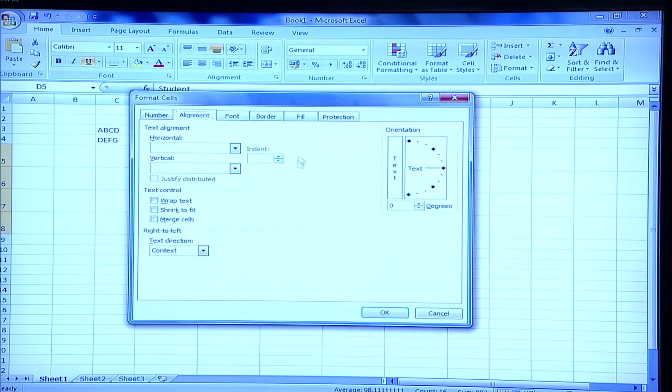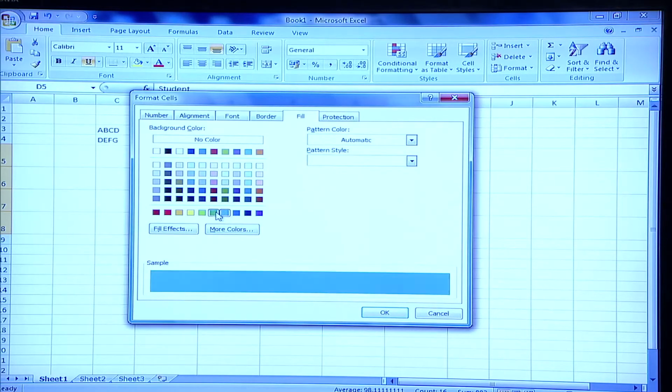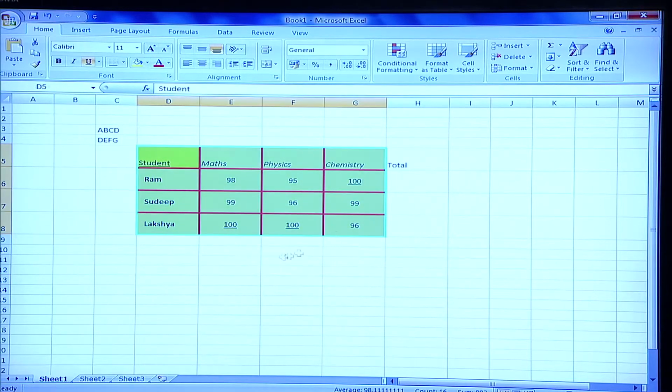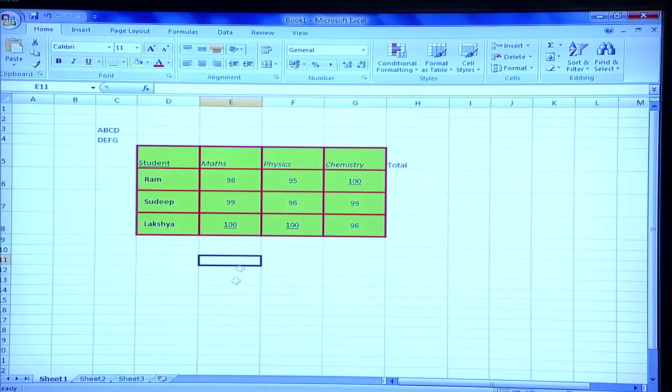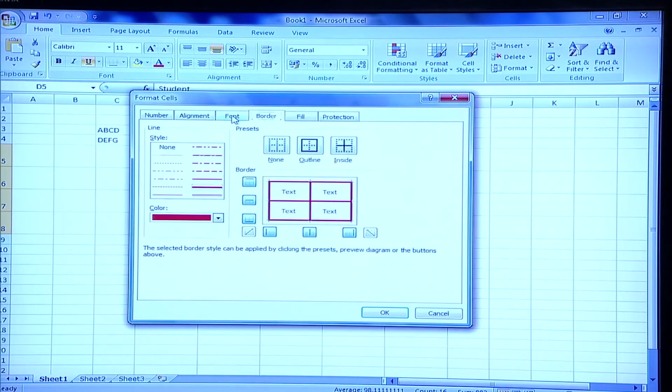So going on to the fill section. The fill section is to fill your cells with a particular color if you want. So let's say you would like to fill these cells using green color. It can be previewed in the sample, whether the color you are going to select, you will like it or not. So basis your choice or the purpose, you can select. So, this is just to do the number selection. So, you could do these border, font, fill.